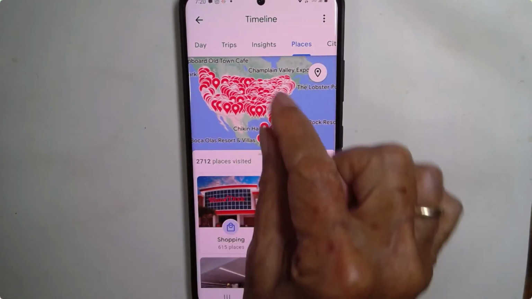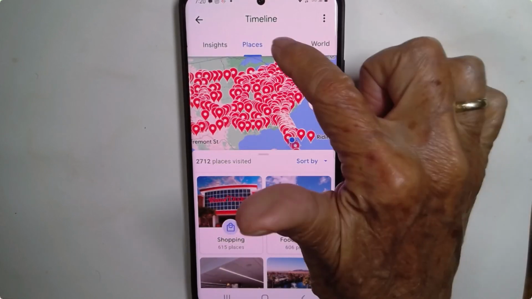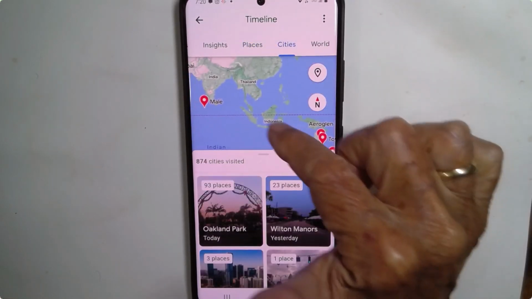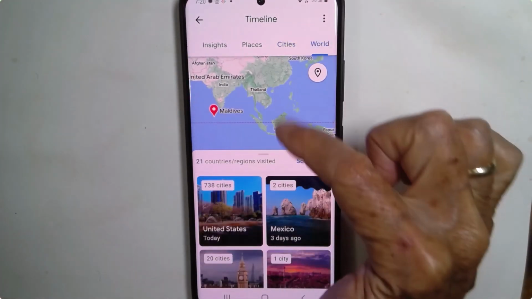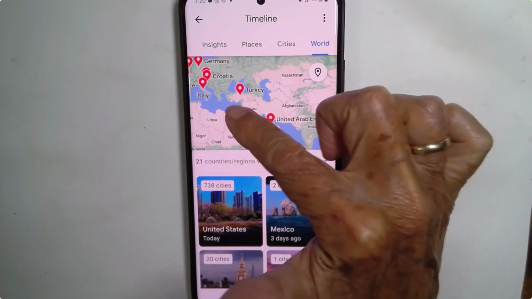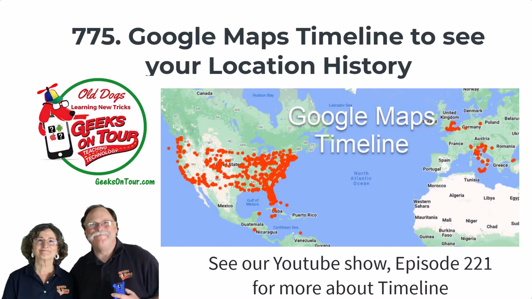This is looking a little more like the version on the computer. I could also choose cities. Or world just puts one marker for each country that we've been in. So that is Google Maps timeline, how to see every place you've